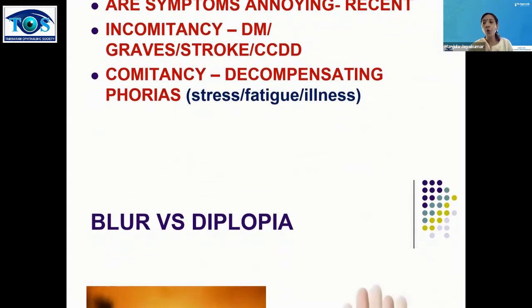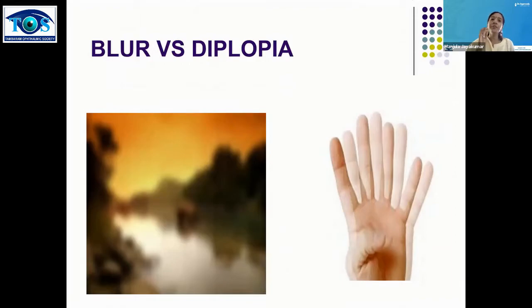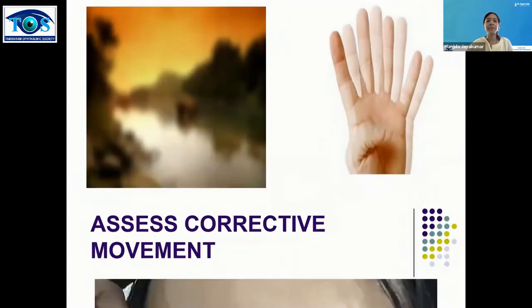Now, before you go with your examination, you need to teach your child to differentiate between blur versus diplopia. Now, this is not strabismus assessment. What we are doing is BD assessment. So it's all about blur points and doubling points. You need to teach your child or even your adult patients what is blurring and what is doubling before you proceed with your examination.